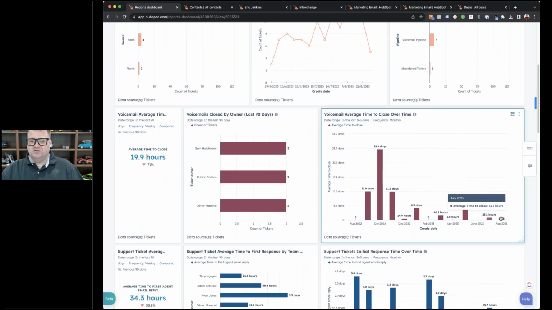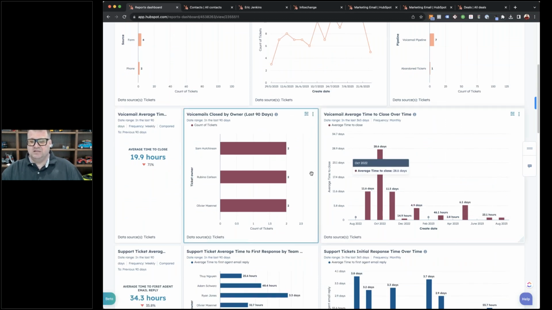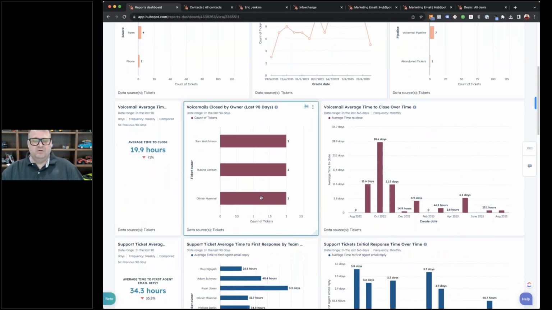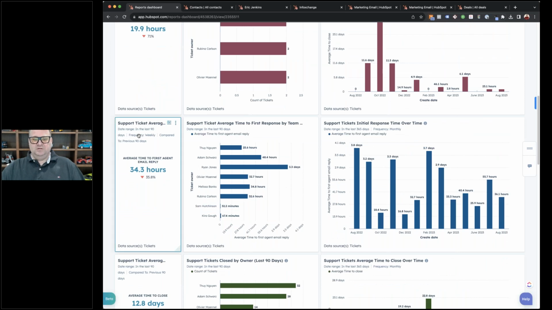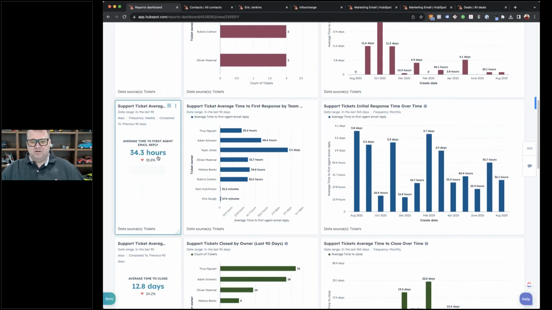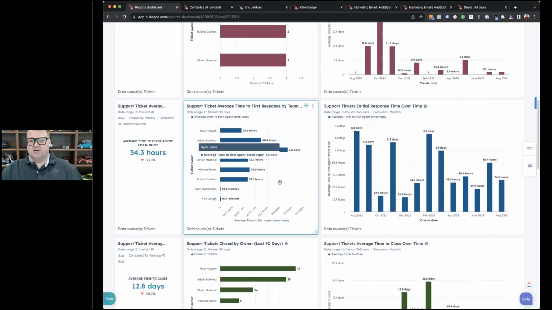Voicemail average close time, so how long it takes to actually close a ticket that came in via voicemail, who's closing them, average time for a voicemail to be closed, support ticket average time to close. So you can see here that we break this down into a couple of different areas, and I'm jumping over a little bit because I want to give you a taste of what you can do when you've got the